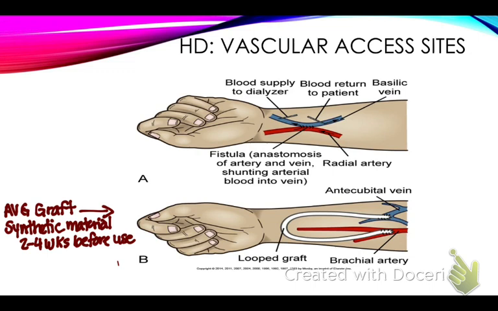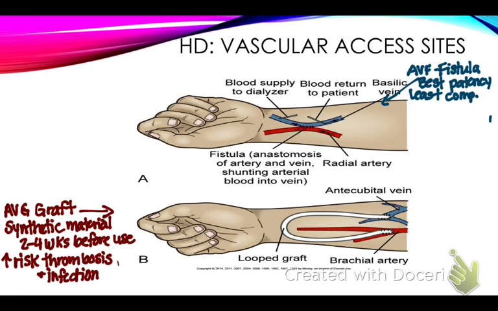And these often can be a risk for thrombosis and infection, because again, it's this bovine or Teflon material that is not your own, so they are a higher risk for thrombosis. One good thing about it, though, is it can be used quicker than the other one. So the other one up here at the top is your AV fistula,